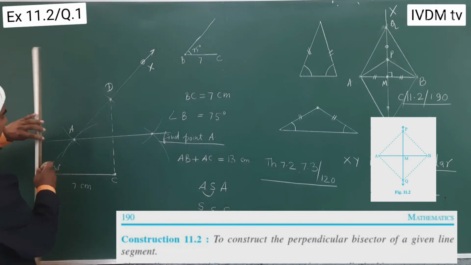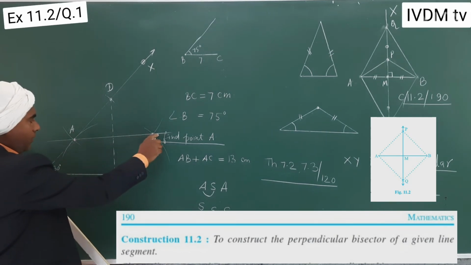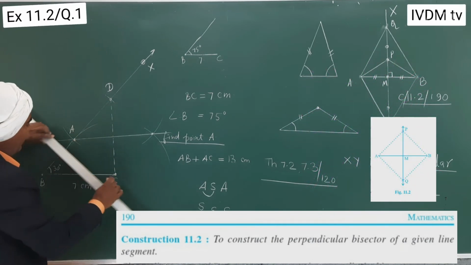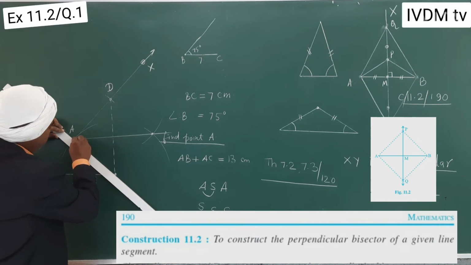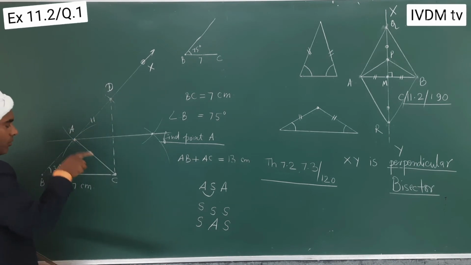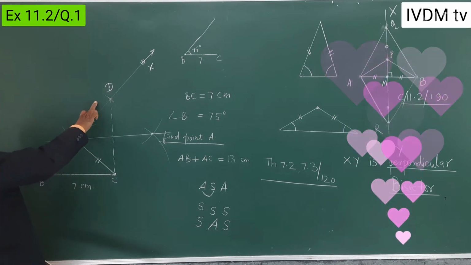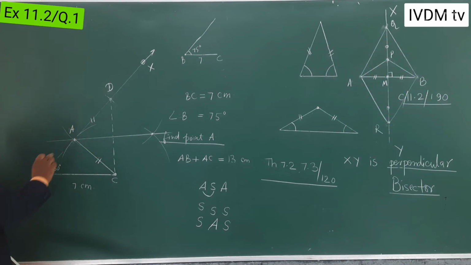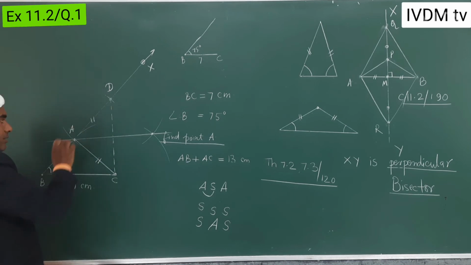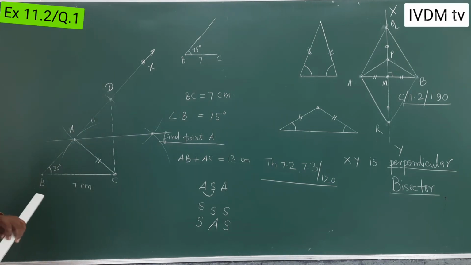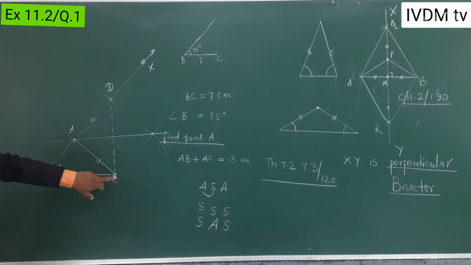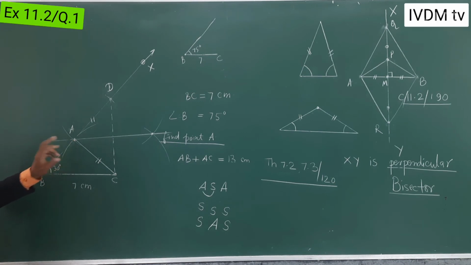Now join. On this line, all the points are equidistant from D and C. So actually AD is equal to AC, means the same thing has been turned here. So AB and AC. Earlier AB plus AD was equal to 13 centimeter. AB plus AD total was 13 centimeter. Now this part has been turned to the AC. This is the point A. So this is the construction.